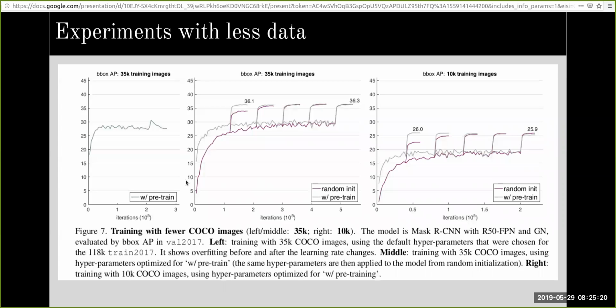So what if we try with much less data? We have tried 1/3 of the data, and 1/10 of the whole COCO data set, which is only 10K images. Can we try with 1/100th of the whole training data, which is only about 1K images? So that was also tried.